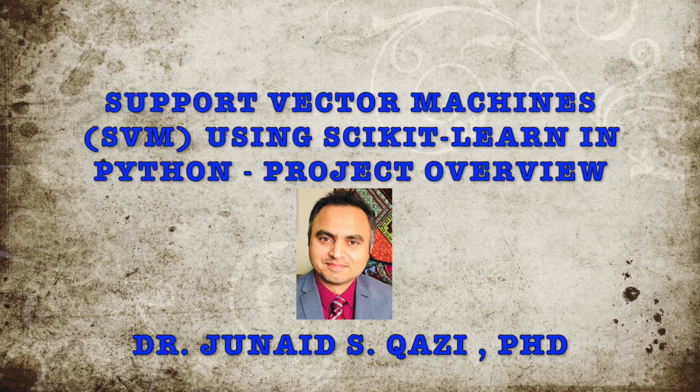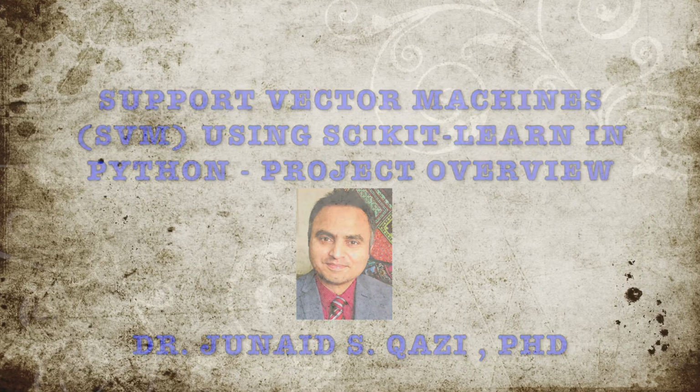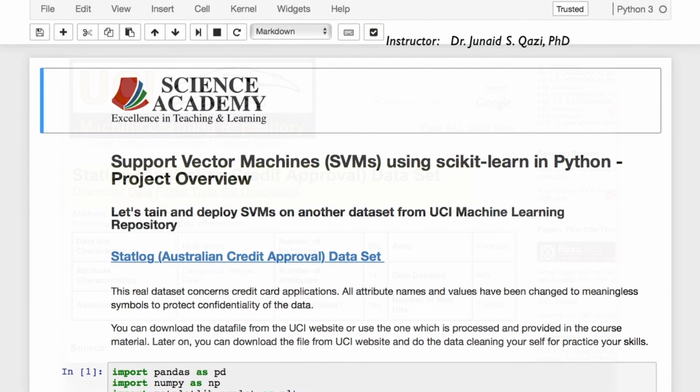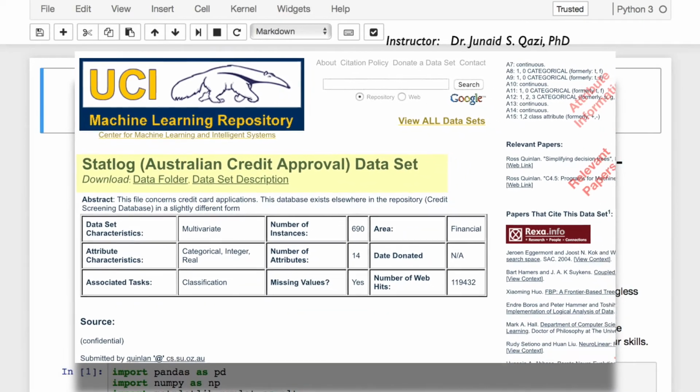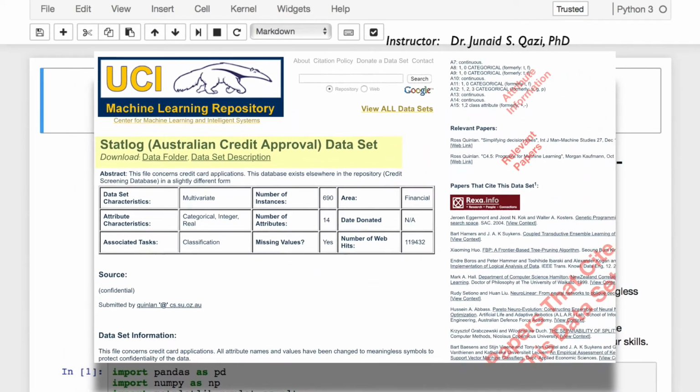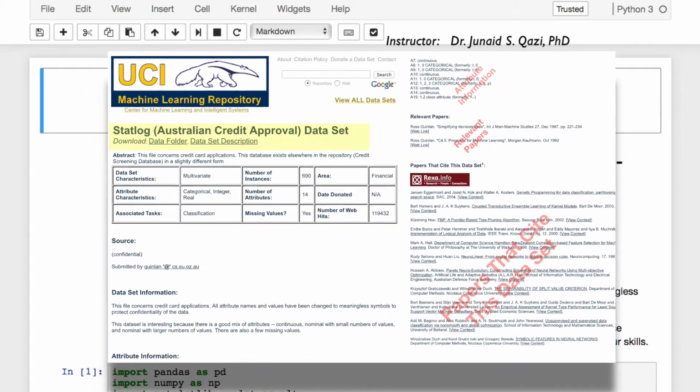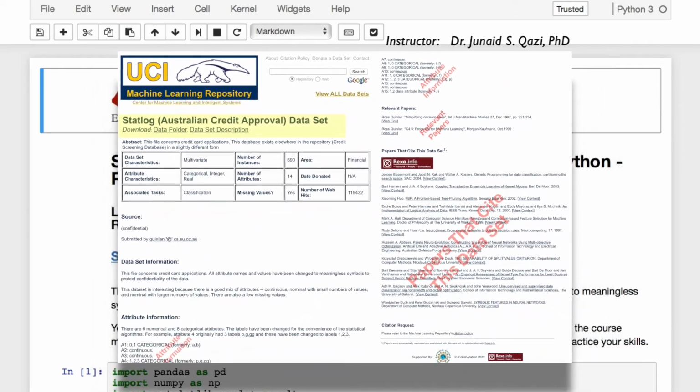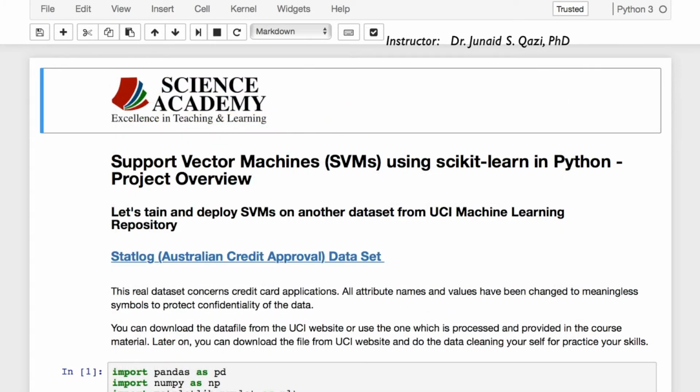Let's train and deploy a Support Vector Machines model on another dataset from the UCI Machine Learning repository. This real dataset concerns credit card applications. All attribute names and values have been changed to meaningless symbols to protect the confidentiality of the data. You can download the data file from the UCI Machine Learning repository or use the one which is processed and provided in the course material. Later on, you can work with the unprocessed data file from the UCI website and do the data cleaning yourself